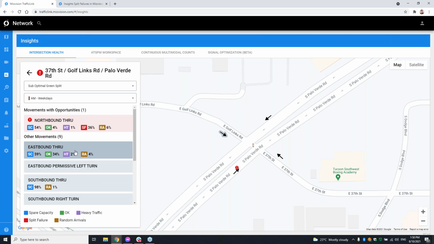So it's a little bit relative and a little bit of the secret sauce of how we calculate when there is a suboptimal green split, and it is relative to the actual intersection itself. Generally it's looking for an imbalance in a ratio. There's no real threshold based indication of that. It's just a relative imbalance that we have noticed, and then you can get into the exact data around what may be going on at that intersection.